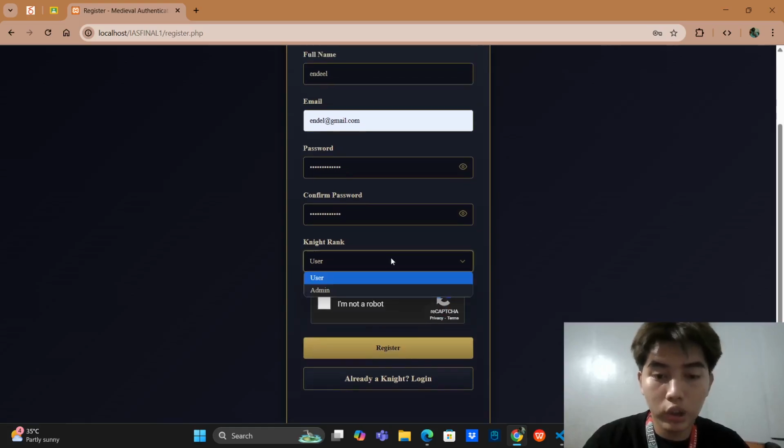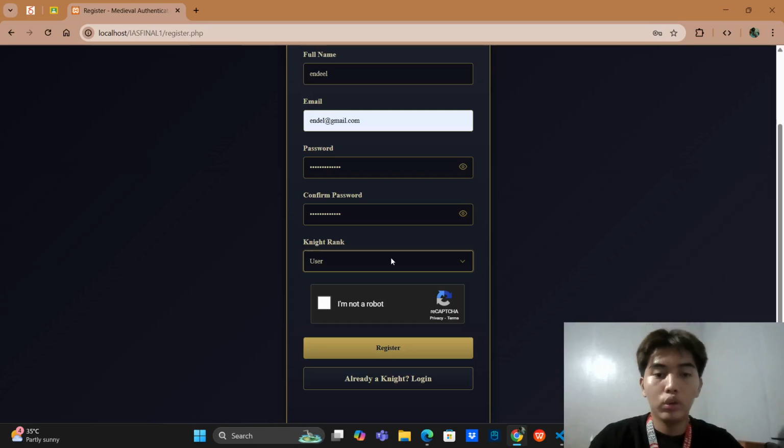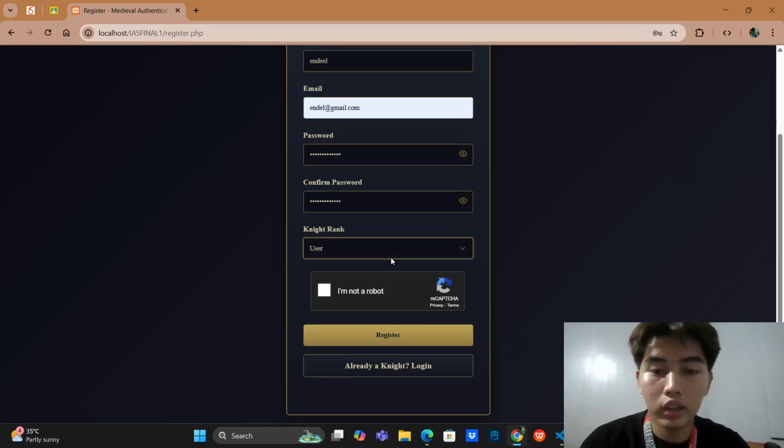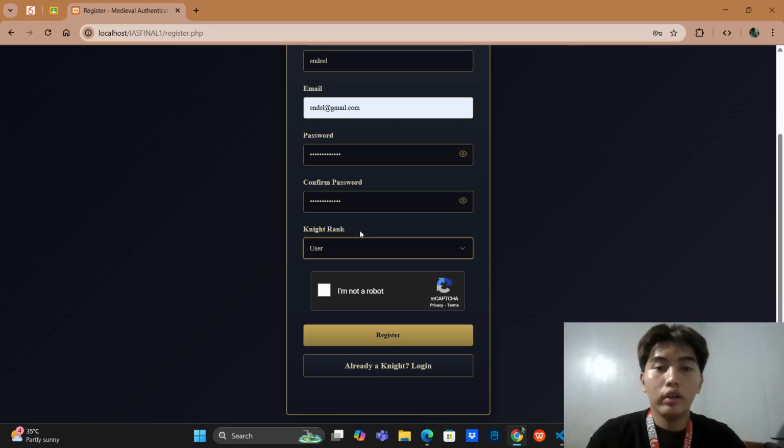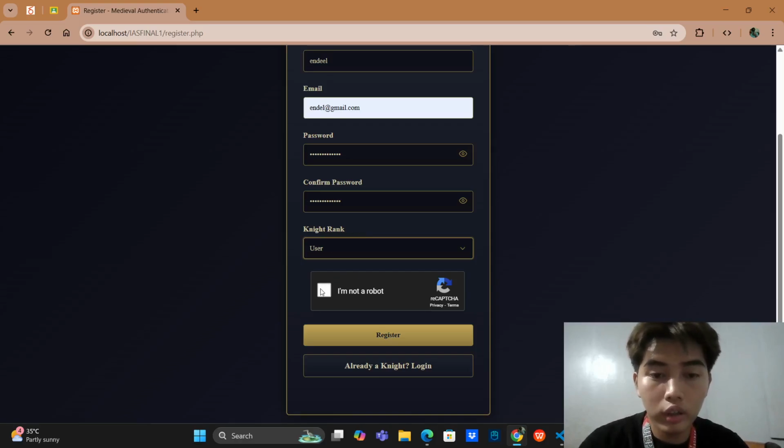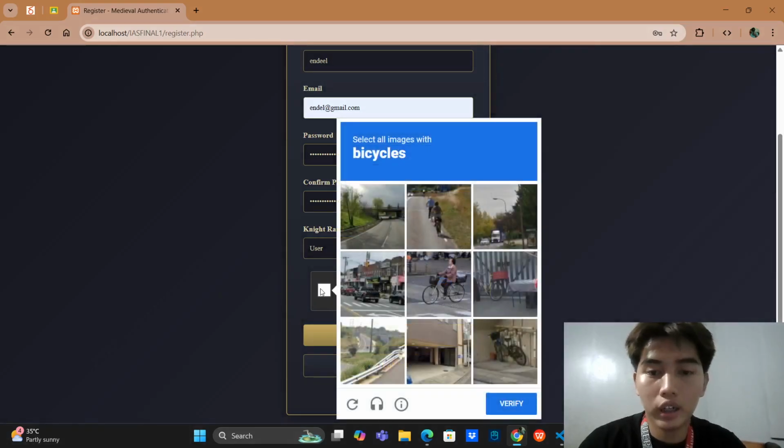You can also choose what role we should have before registering an account or creating an account. So let's try to log in as user. You can also see here there's a reCAPTCHA in our register form that we must verify before creating an account.